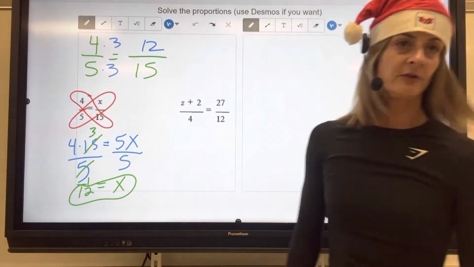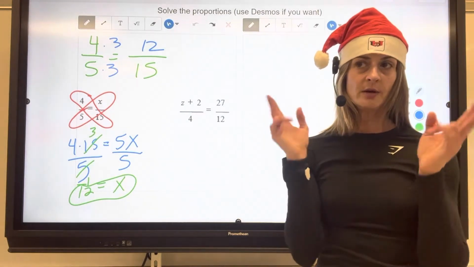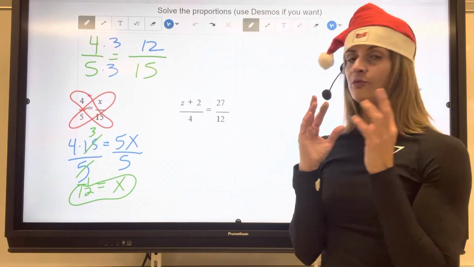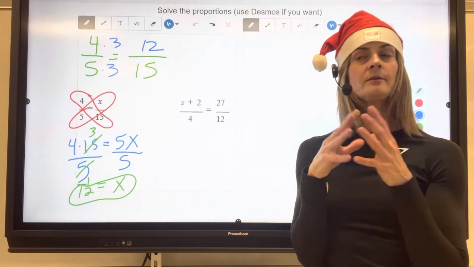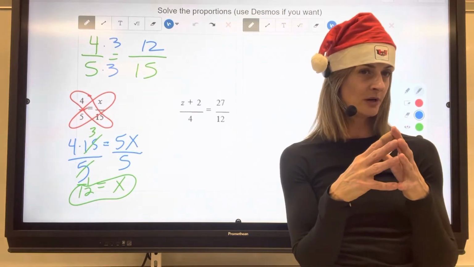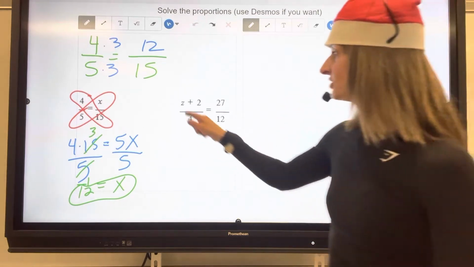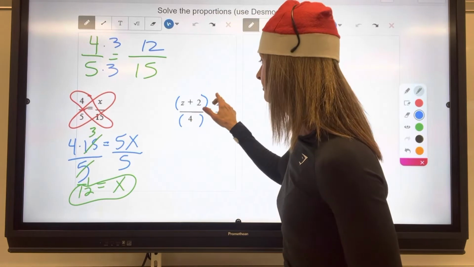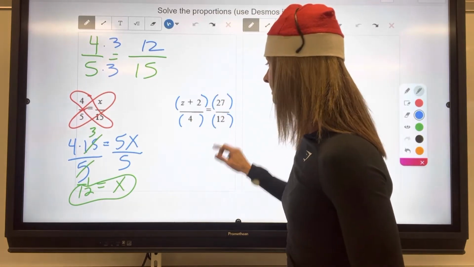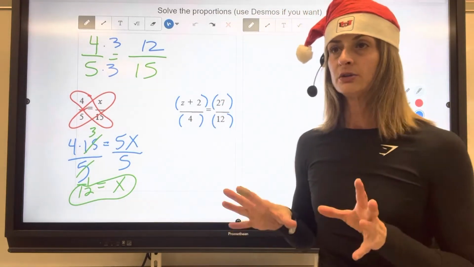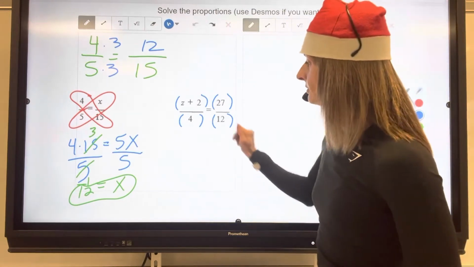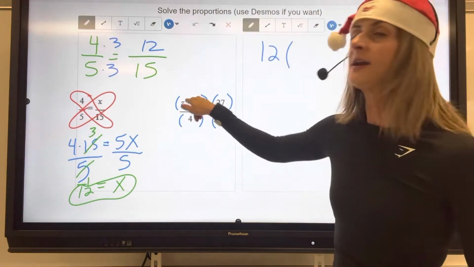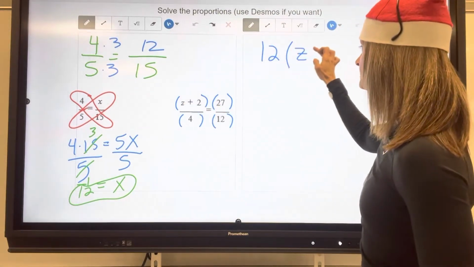Any questions on the first one? Okay, go into number 2. This is a really common thing that even pre-calculus students and calculus students have trouble remembering. Whenever you have a fraction, there is a parentheses around the numerator and the denominator. They don't put it there, but it's there. So when you cross multiply and you do 12 times the quantity z plus 2, that's in a parentheses,